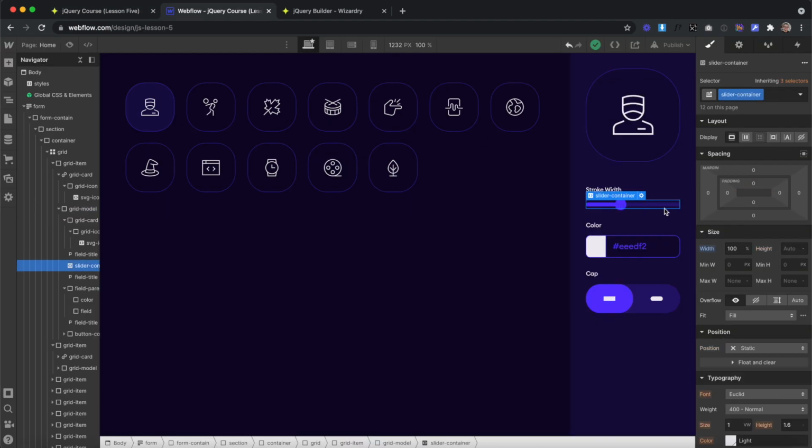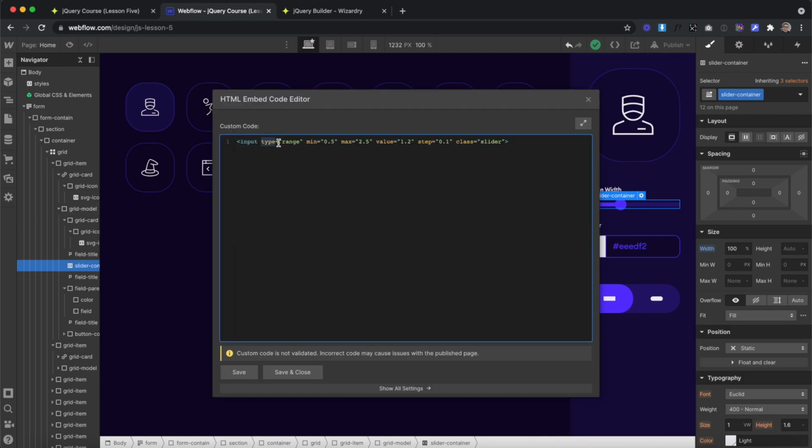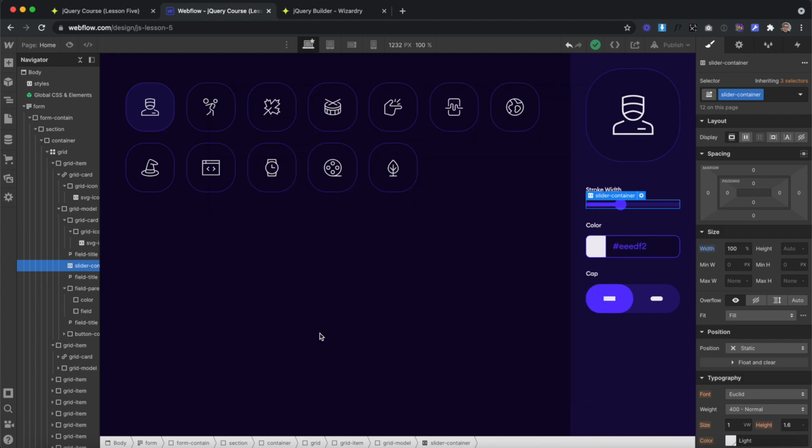Range sliders are a form field element we can use with custom code. And here we have an input set to the type of range. The minimum it could ever be is 0.5 pixels, and the maximum it could ever be is 2.5 pixels. On page load, it's going to start off at a value of 1.2, and we'll step it up each time we drag by 0.1. It has the class of slider, so we'll copy that class and head over to our